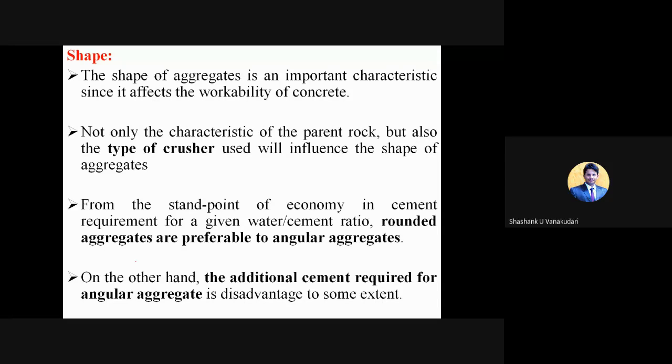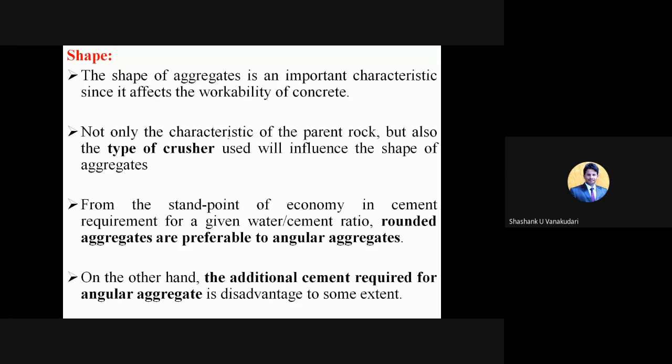And then the shape of the aggregate, which is an important characteristic, because we need to choose it carefully such that we should have better interlocking property between the coarse aggregates. It's not like you need to use only cubical aggregates. It's not like you need to use only flaky materials. It's not like you need to use only angular materials. Clear? The aggregates should be of all the shapes as well as sizes, so that it gives better interlocking property between each other.